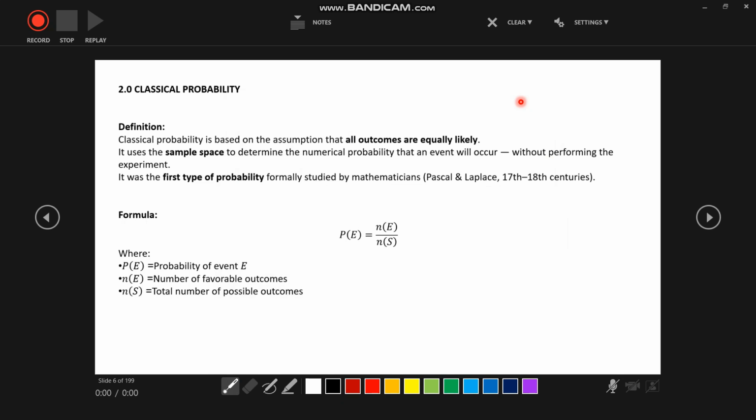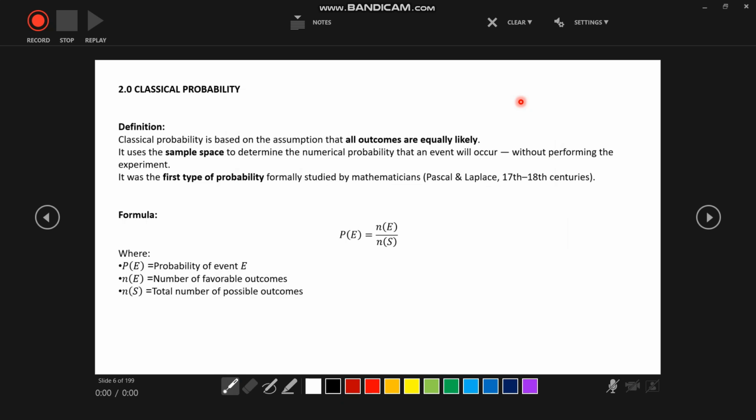So let's move to different approaches or types of probability. The first one we'll be discussing is called classical probability, also known as the classical approach to probability. In classical probability, we find the probability of an event without performing an experiment. Before we can check the probability of an event, we have to perform an experiment like I explained. But in classical probability, there is no need for performing an experiment. So we don't need to carry out a real life test or observation before we determine probability.